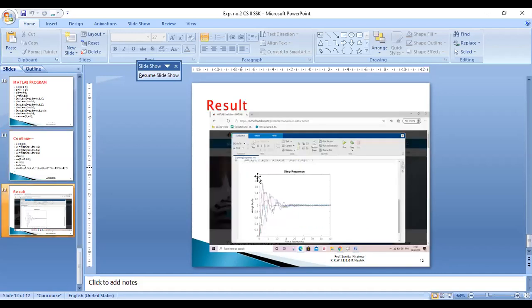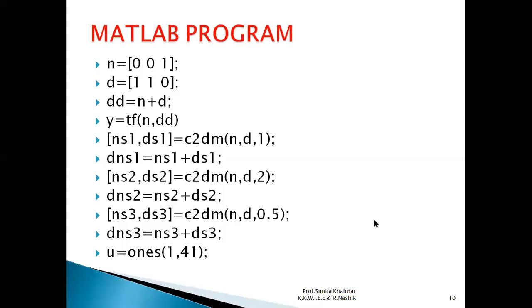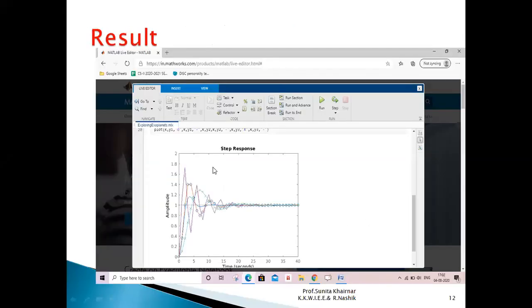When we complete that program, I will go into slide mode so that your figure will be clearer to you. Now see, this is our response, the step response. On the x-axis, 0, 5, 10, 15 up to 40, because we have written that command 0 to 40. On the y-axis, there is amplitude. Now see, these are the three different responses: red color, greenish, and bluish. You observe that the peak value is also different for these different sampling periods, as well as their settling time and all the time responses.